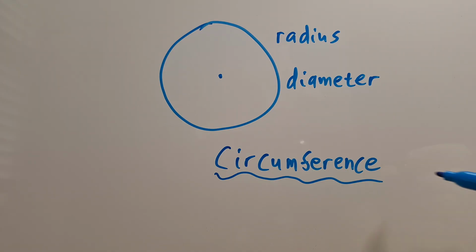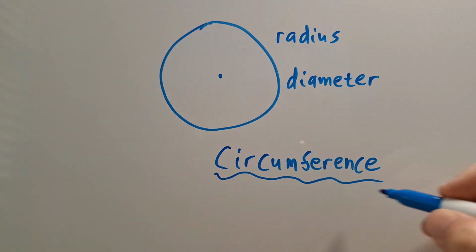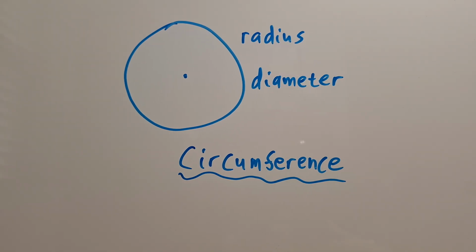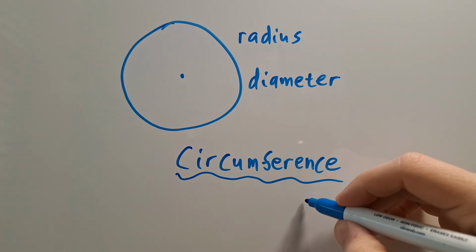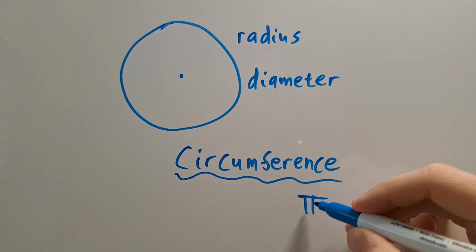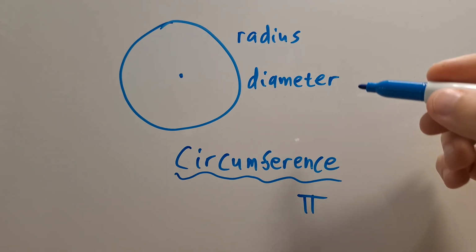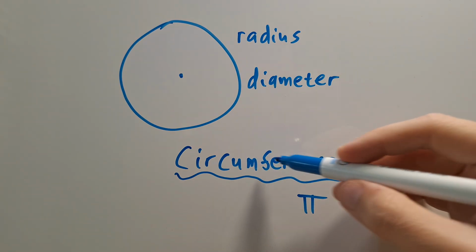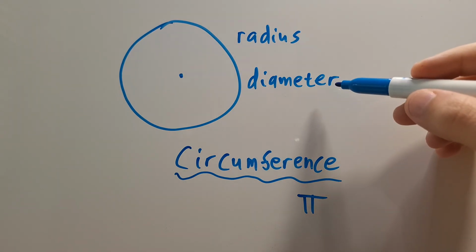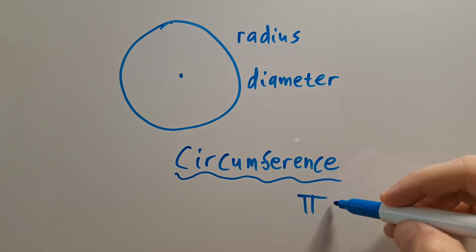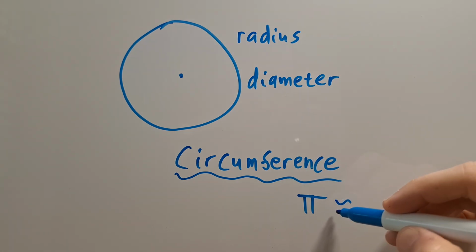Now, one term I will introduce, and this is a very important concept that we'll see much later on in mathematics, is the definition of pi. This is the Greek letter pi. The ratio of a circumference to a diameter is known as pi. If you take circumference and divide it by the diameter of a circle, you will get an approximated value close to